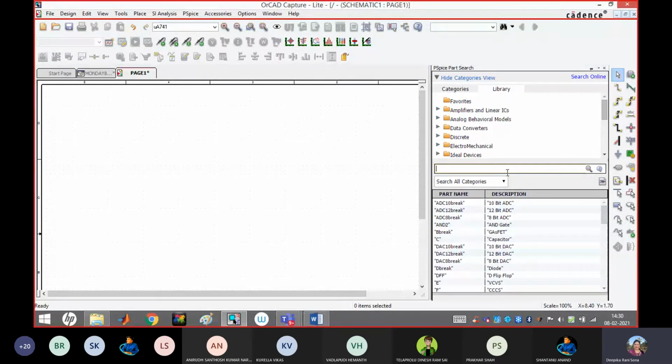Actually, in hardware, Fairchild and National Semiconductor specify it as MU A741, but in software we have to use the letter U, A741. The same thing we have to search here and click enter. And see, this window will appear for you.